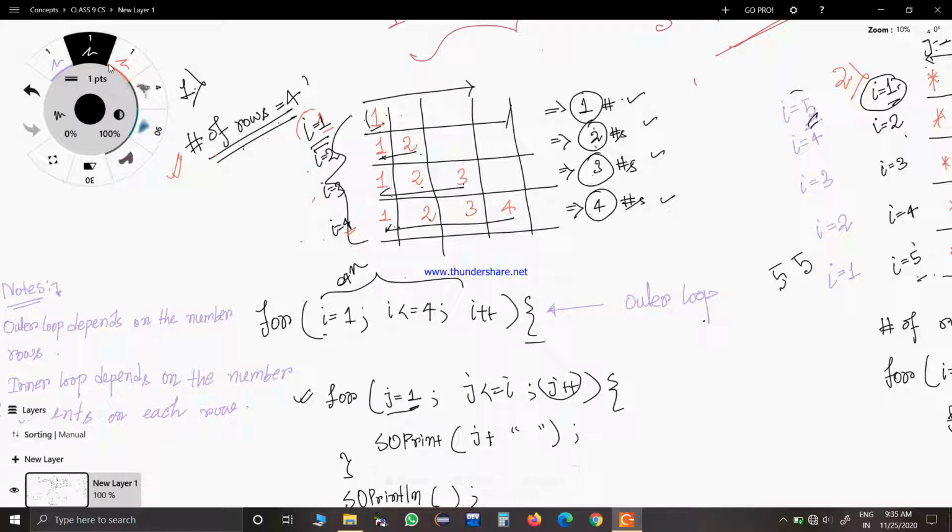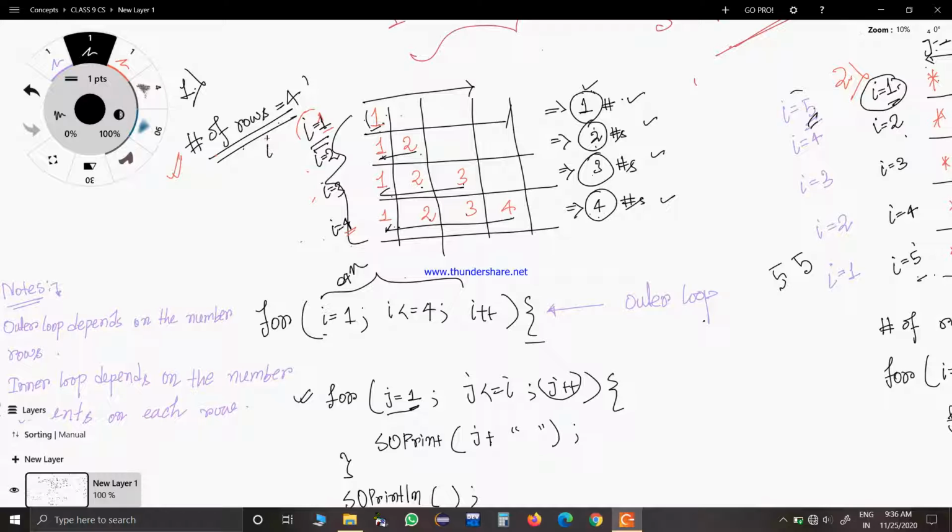So here, let us first consider I equal to 1 to 4. We are not changing anything. Now see here that in the first row, only one number is there, that is 1. In the second row, 2 numbers are there. Third row, 3 numbers are there. Fourth row, 4 numbers. So you can find the relation here, right? Whenever I equal to 1, in the corresponding row there is only one number. For I equal to 2, there are two numbers. So you can find a relation here.